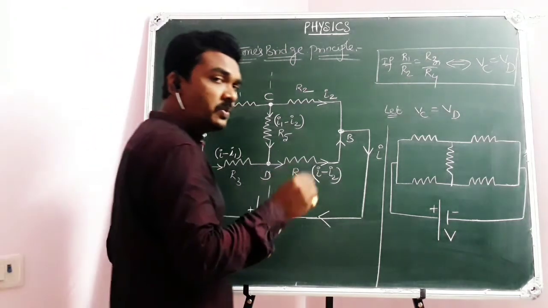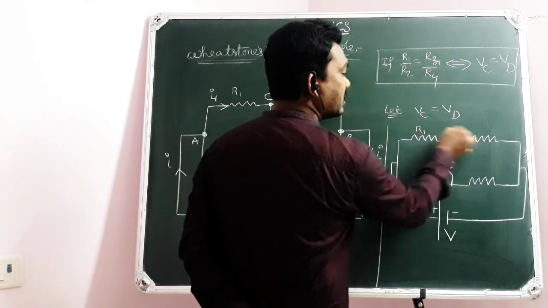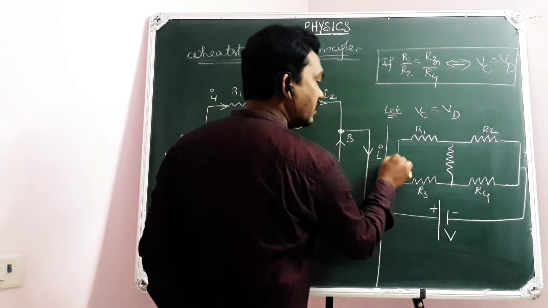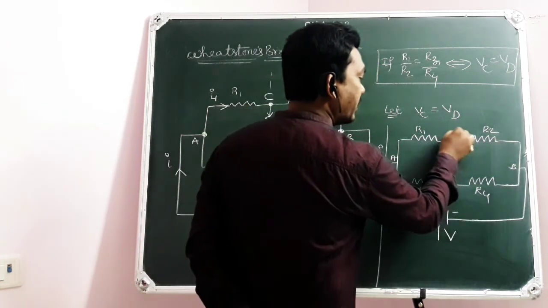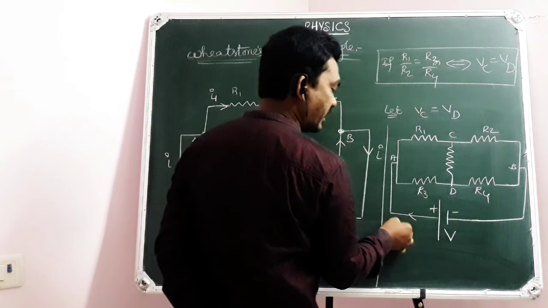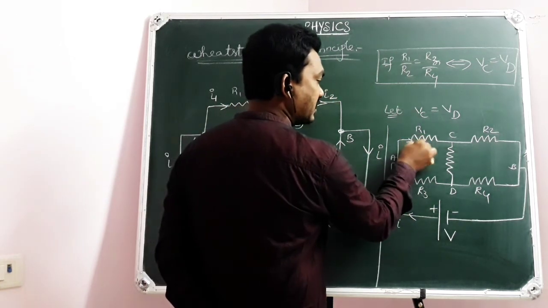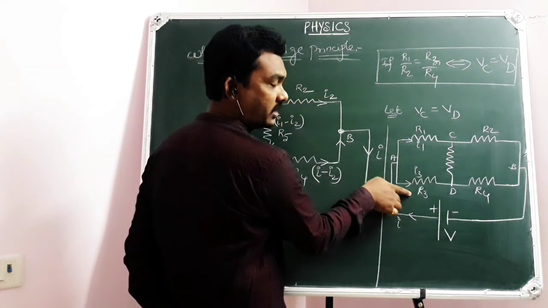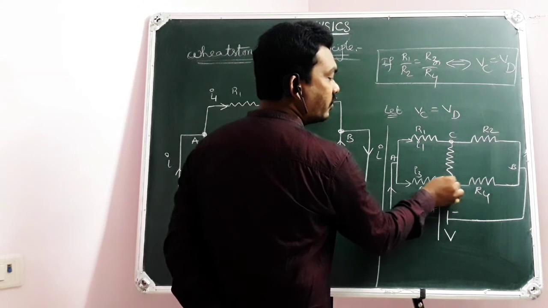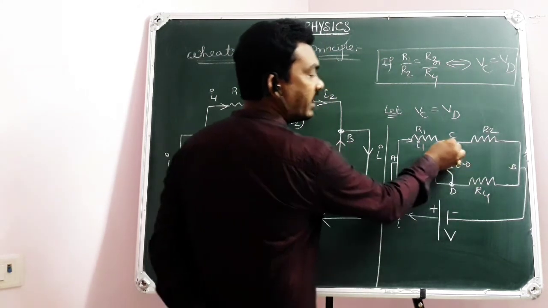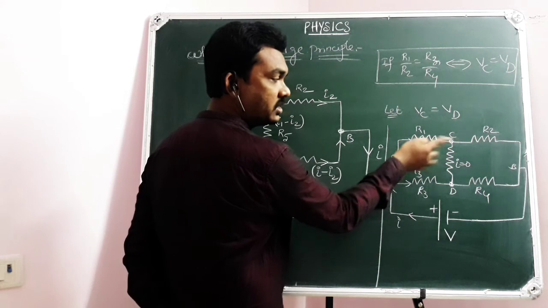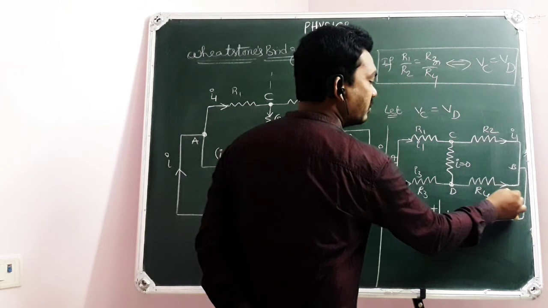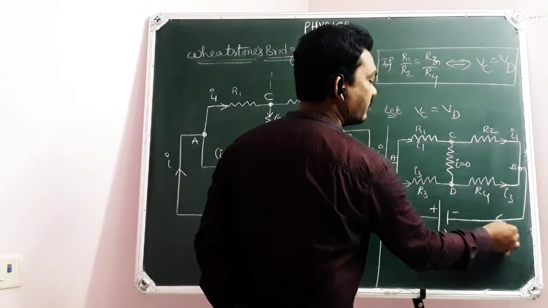But to prove the Wheatstone-Bridge principle, simply take this electric circuit. This is R1, R2, R3, R4. Hope you are following. This is A and this is B, and here it is C and here it is D, and this is I current. But here I am supposing this is I1 and this is I3, I1 current through R1, R3. I told you VC equals VD, then current through this is 0. As VC equals VD, current through this is 0. So I1 comes as it is here, I3 comes as it is here. They join here and will come out as I.